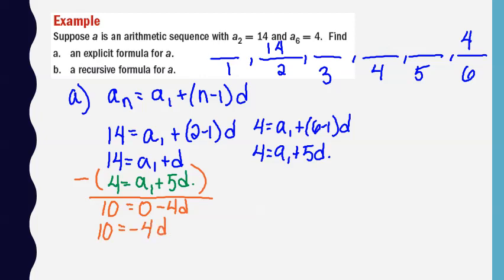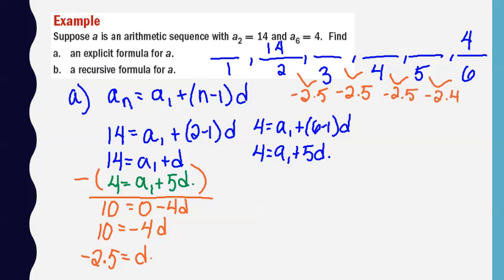If I divide both sides by 4, I get 2.5. So I get negative 2.5 is equal to my common difference. That means I'm going down each time by 2.5. In between each of my terms, I'm subtracting 2.5 to get to the next one. So I can now use that to work backwards to my first term. I know I subtracted 2.5 to get 14, so if I go backwards, I add, and I get that my first term is really 16.5,